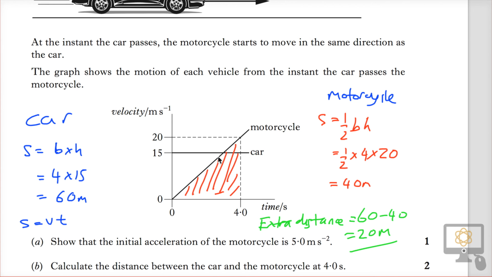Now there's just one other thing to say here, and that is just to remind you that in the marking scheme, this motorcycle is accelerating, so we can also use a SUVAT equation. It suggests we can use the equation v squared is equal to,